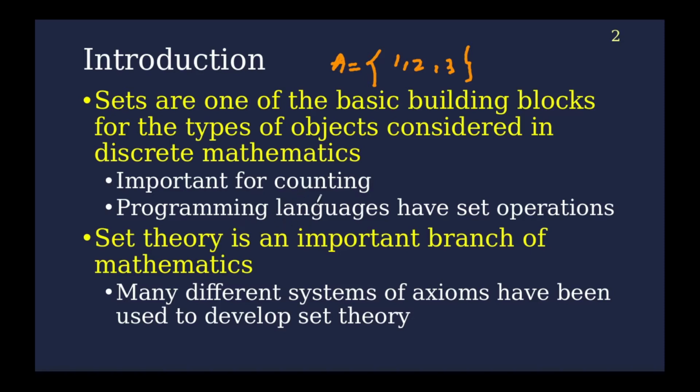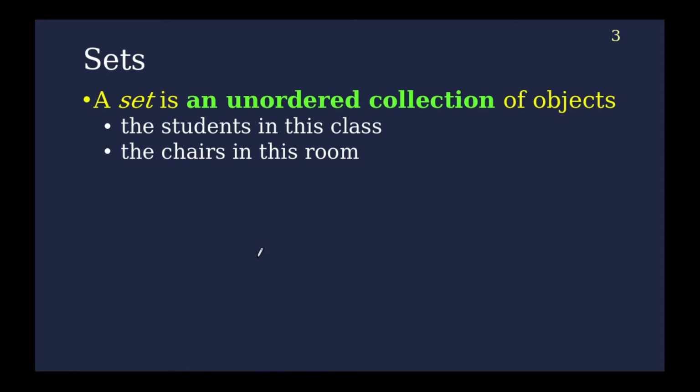There are sets of certain objects and classes, and we have relations among these classes like derived classes, subclasses, superclasses, and so on. So in that, we will require the concepts of sets. Set theory is an important branch of mathematics. Many different systems of axioms have been used to develop set theory. Set theory is also important in database management systems, where you have different data collected into different tables, and these tables have relations among each other with the help of primary keys, foreign keys, and so on. At that time also, you will require the concepts of set theory.